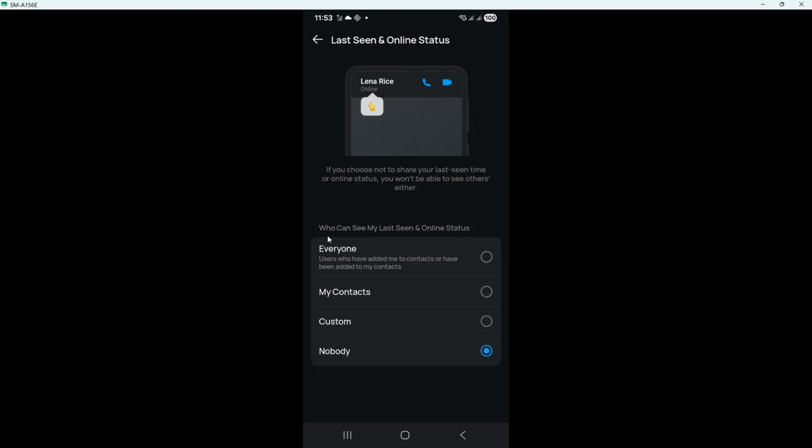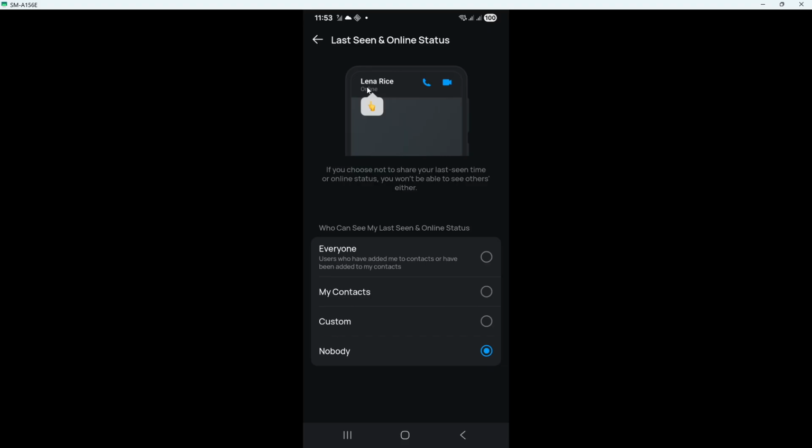Once you find it, turn online status off or set it to nobody or choose the closest similar option shown in your app. This tells Emo that you do not want your online activity to be visible to others. Keep in mind that settings like this can sometimes affect what you're able to see about other people as well, depending on how the app handles privacy.